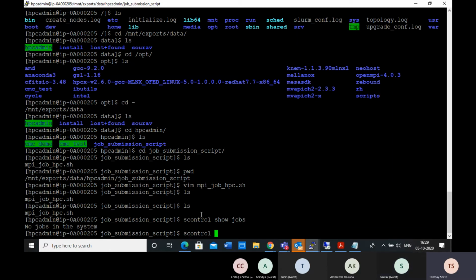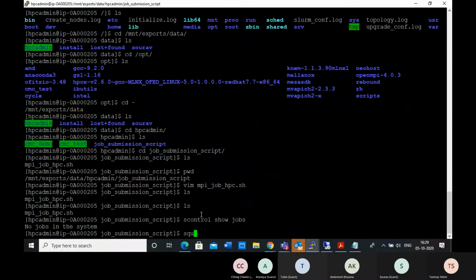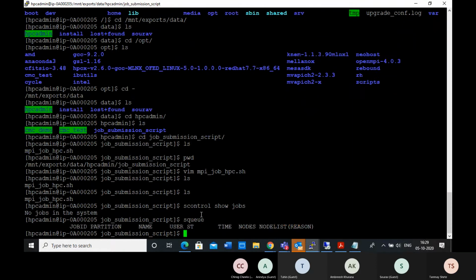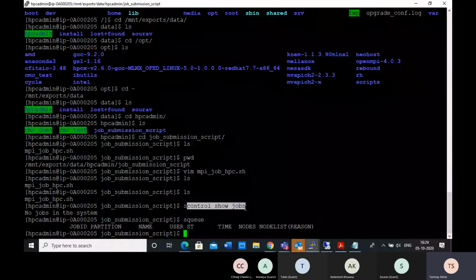Now there is another command, a quick command, which is squeue. The squeue command is similar to scontrol show job. What I will do is submit one small job so that you get to know a few more things.